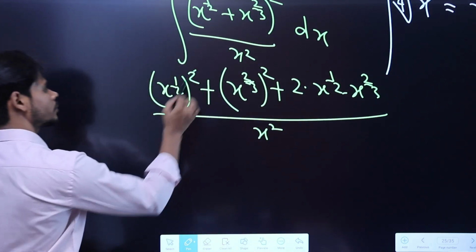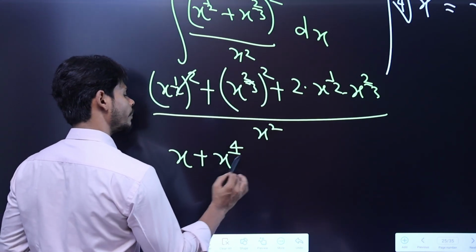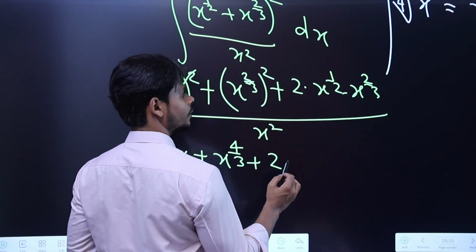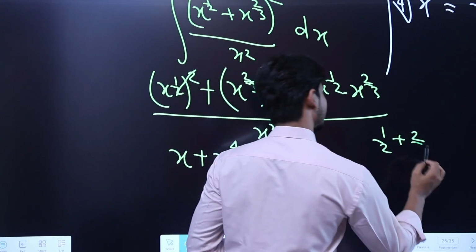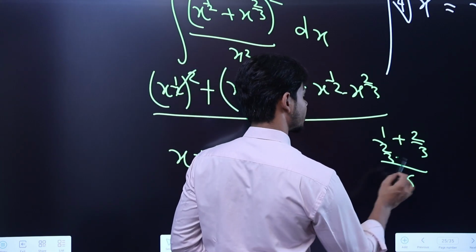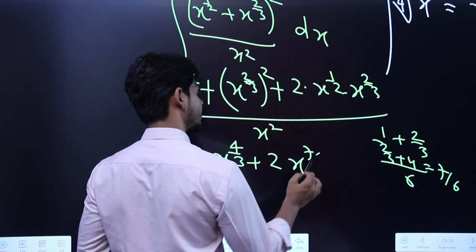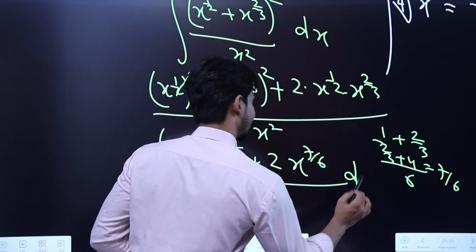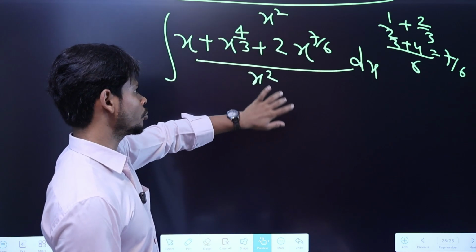Now let's solve it. So it will become, no doubt, x, then plus x raised to power 4 by 3, and then plus 2 times, the bases are the same, so the powers will be added. So x raised to power 1 by 2 plus 2 by 3; 2 times 3 is 6, plus 3 times 2 is 2 times 2 is 4, so it will become 7 by 6. The power is 7 by 6, and whole divided by x square. Still we can't find the integral. Why? Because they are in division. So what we need to do is just